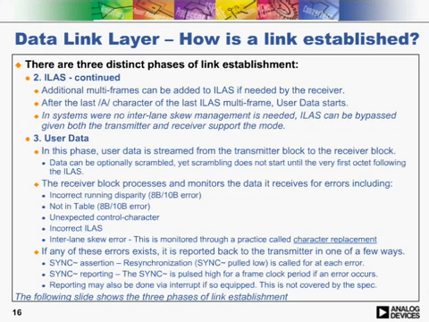In this phase, user data is streamed from the transmitter block to the receiver block. Data can be optionally scrambled, yet scrambling does not start until the very first octet following the ILAS. The receiver block processes and monitors the data it receives for errors, including incorrect running disparity, not in table, both 8B/10B errors, unexpected control characters, an incorrect ILAS, an interlane skew error, and that's monitored through a practice called character replacement. If any of these errors exist, it is reported back to the transmitter in one of a few